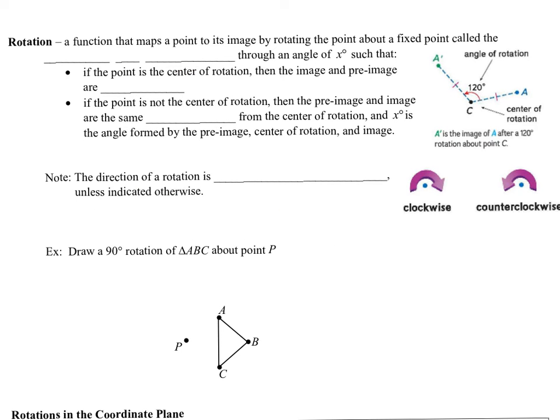The last transformation we're going to look at today is a rotation. Now this definition is a little bit wordy, but let's work through it, and then as we put it into practice, it'll start to make a little bit more sense. So here's the definition of a rotation. It's a function that maps a point, meaning a pre-image point, to its image by rotating the point about a fixed point called the center of rotation,